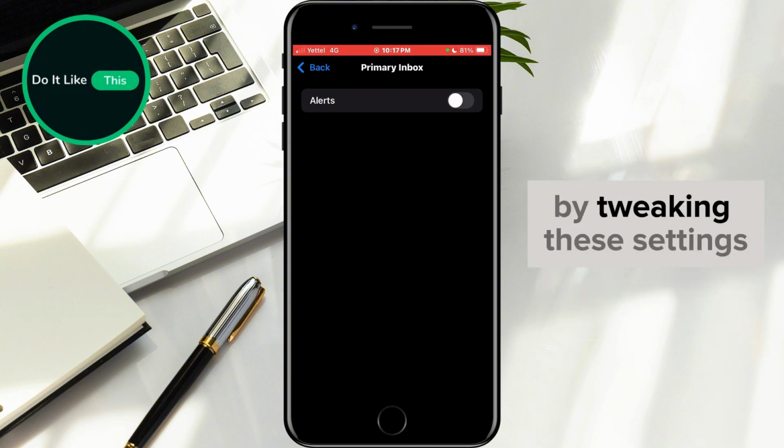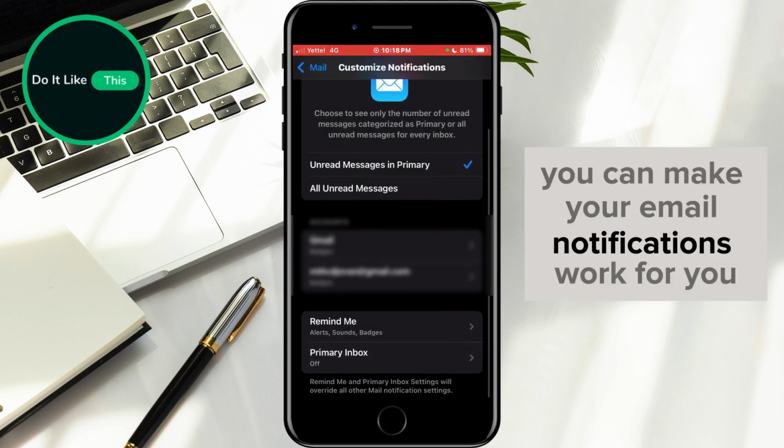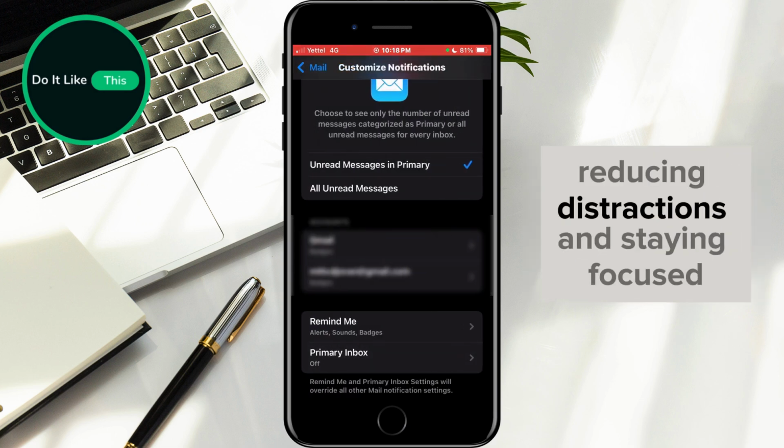And that's it. By tweaking these settings, you can make your email notifications work for you, reducing distractions and staying